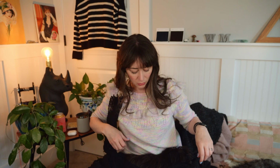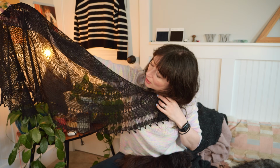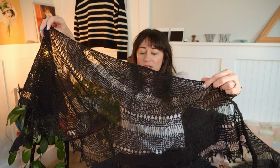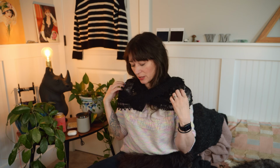And you have basically just a bunch of garter and then these drop stitch areas. So I really like how it turned out. I figure it could be something that's large enough to throw over your shoulders if you go into a cooler restaurant, or traveling to some places where you need to have your shoulders covered to enter different churches and whatever. So I just thought this was